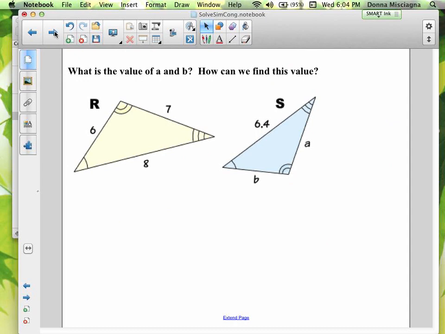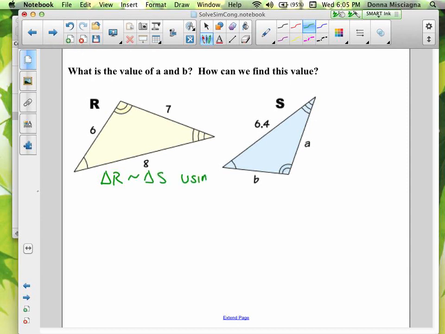All right, so we want to find the value of a and b. How can we find this? You might say, I'm not sure. However, I know that they're similar triangles. How do we know that they're similar triangles? Well, we know they're similar using angle here. So triangle R, and we don't have 3 letters, we just have just called triangle R, is similar to triangle S using